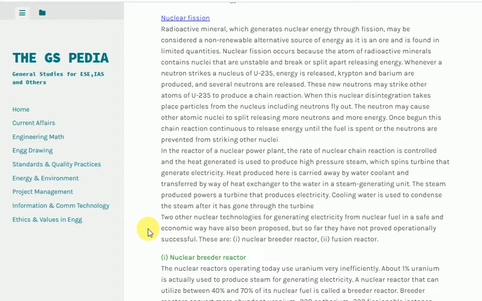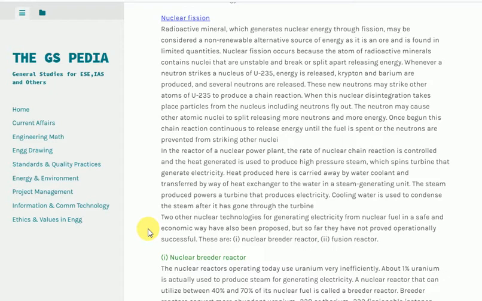These new neutrons may strike other atoms of U-235 to produce a chain reaction. When this nuclear disintegration takes place, particles from the nucleus, including neutrons, fly out. The neutron may cause other atomic nuclei to split, releasing more neutrons and more energy. Once begun, this chain reaction continues to release energy until the fuel is spent or the neutrons are prevented from striking other nuclei. In the reactor of a nuclear power plant, the rate of the nuclear chain reaction is controlled, and